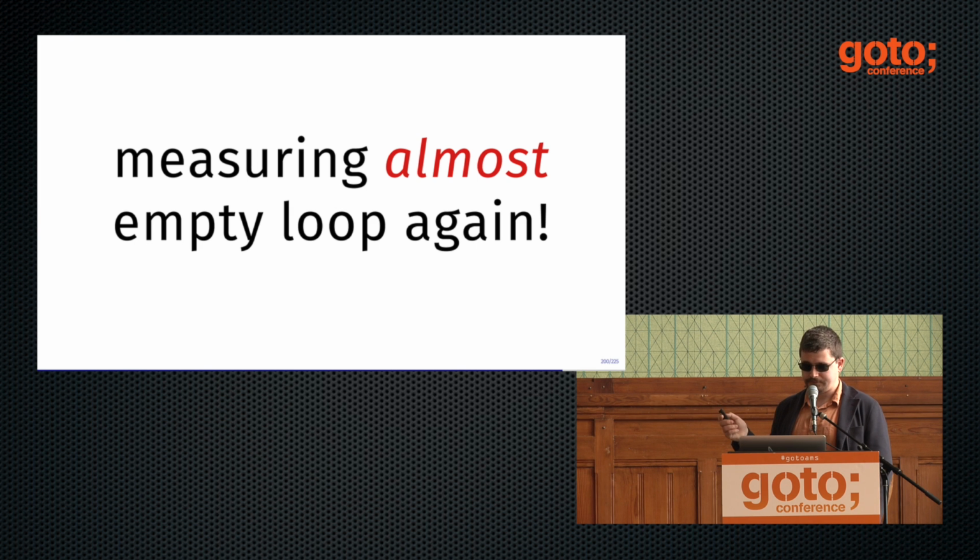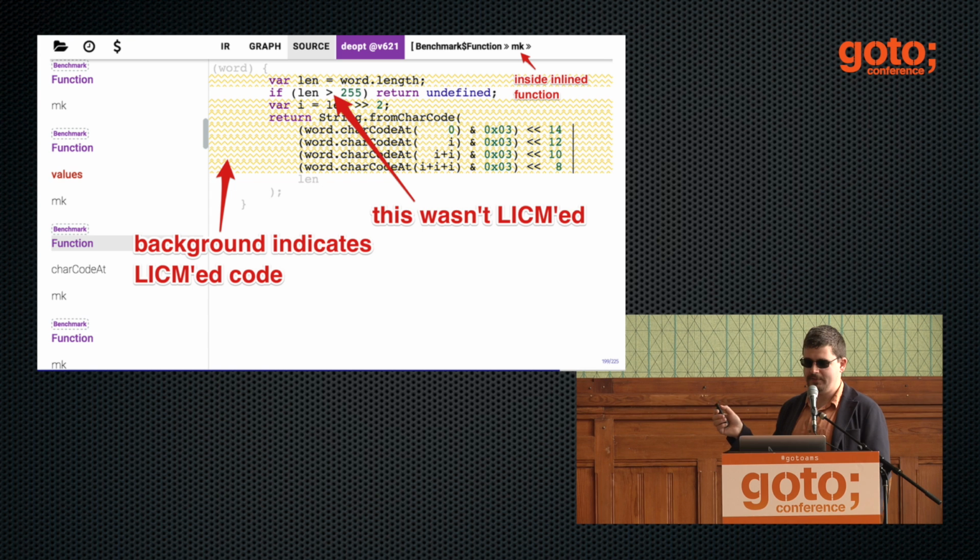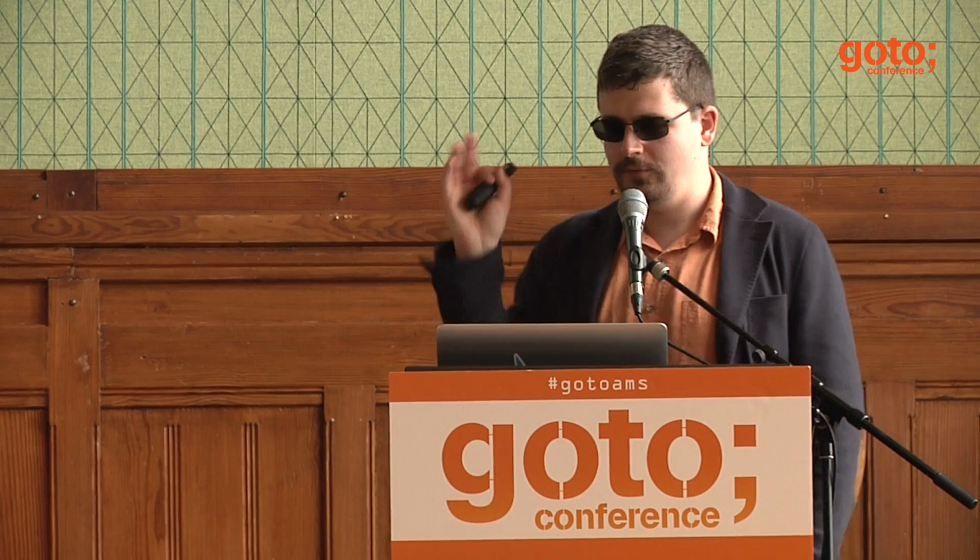But the thing is that we're again measuring the empty loop, because if we look in IR Hydra, what's happening is that the whole hashing code was moved out because the strings that we were hashing were constants. So all the accesses at constant indices, like length being a constant, or a constant string and stuff like that, everything was moved out. Some of it was computed and folded.